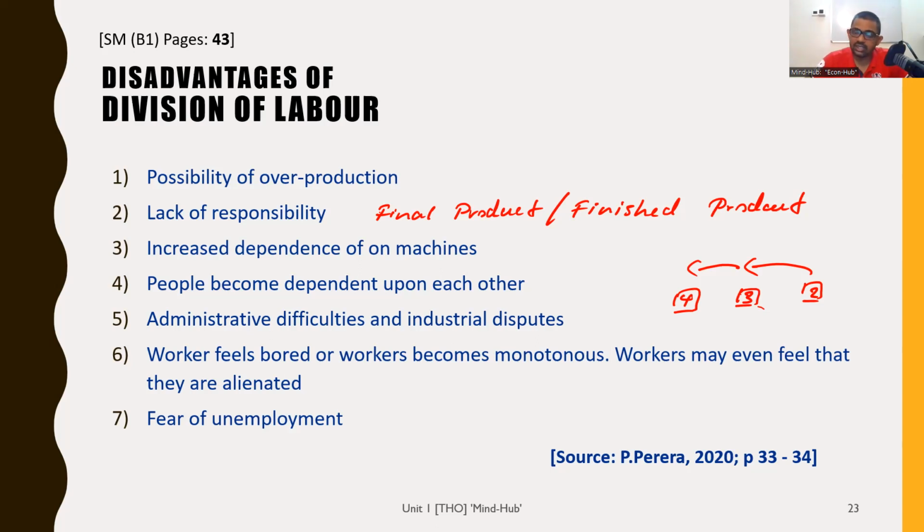And also industrial disputes, meaning between the labor and the management, there can be a lot of problems because there are people of different skill levels, people of different technical specializations in the same factory. So amongst them, there can be problems. Now, for example, if you take the CEB, the engineers will have one view and idea. Then the technical people will have another view and idea. The administration people will have another view and idea. So it's not easy, right? With large scale production, anyway, these problems are there.